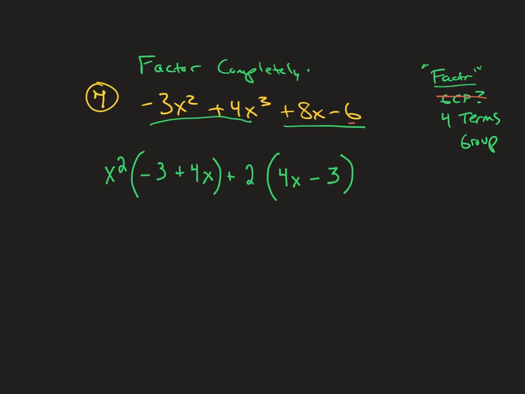And just like the last one, the hope is that the parentheses part, the binomial part, is the same. And these might look different, but there's a positive 4x there, a positive 4x there. There's a negative 3 and a negative 3. These are actually the same thing, just like in the same way that 3 plus 4 is the same as 4 plus 3. They're the same things. So since they're identical, we can take them out. I'm going to write this as 4x minus 3, taking that out, and we're going to multiply it by whatever was left when we take that common term out. So 4x minus 3 taken out, and we're left with x squared plus